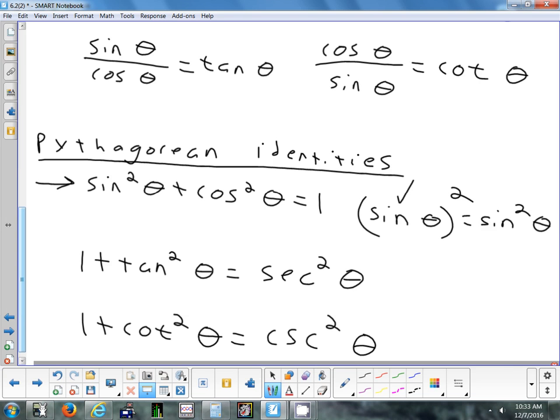A 1? Plus. 1 plus? I don't know why. It looks